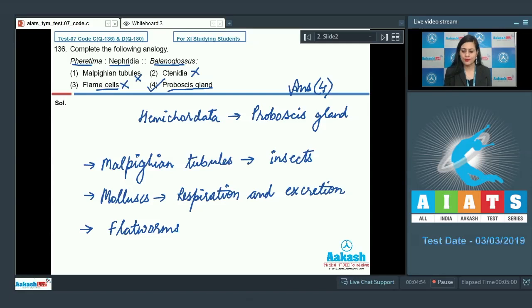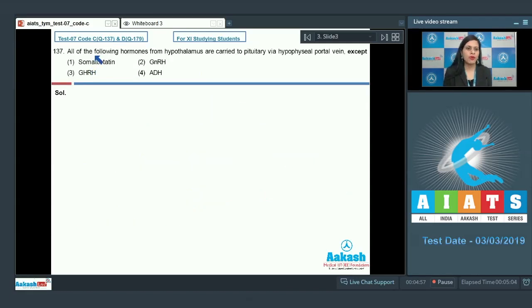Let's discuss our next question. Question number 137. All of the following hormones from hypothalamus are carried to pituitary via hypophyseal portal vein except, and the options are somatostatin, GnRH, GHRH and ADH. And the correct answer to this question is option number 4, ADH. ADH or antidiuretic hormone, also known as vasopressin,